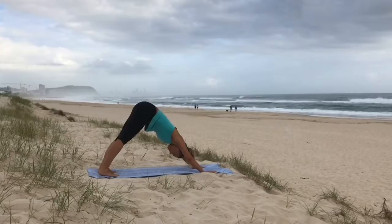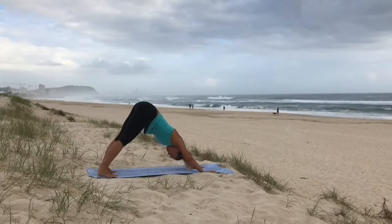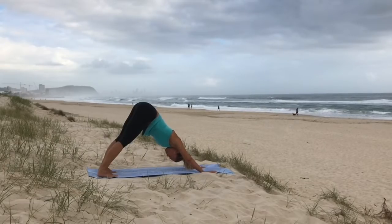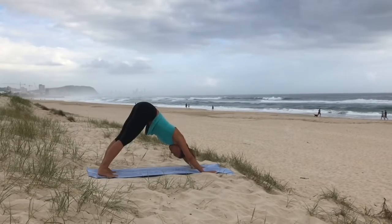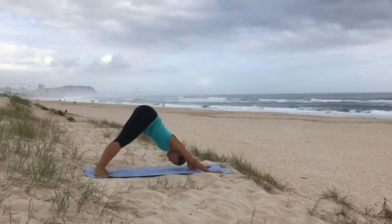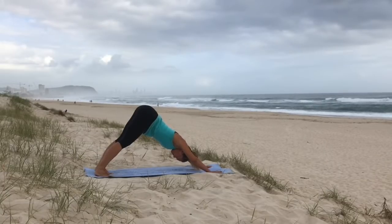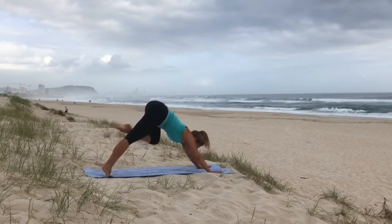Settle in downward dog. Press into the index finger, a slight internal rotation on the forearms. Oppose by bringing the armpits inward for a broad upper back. Allow the head to hang heavy. At the end of the next exhale, use core strength to bring the left knee into the chest and step